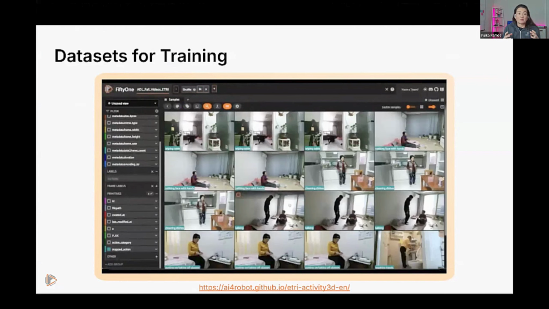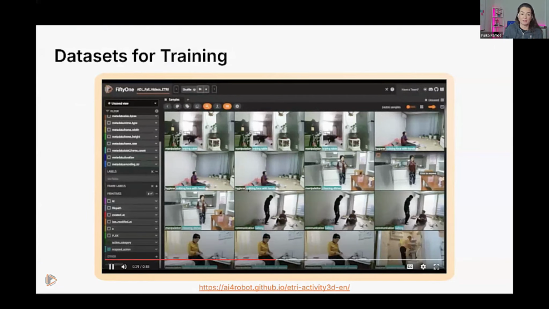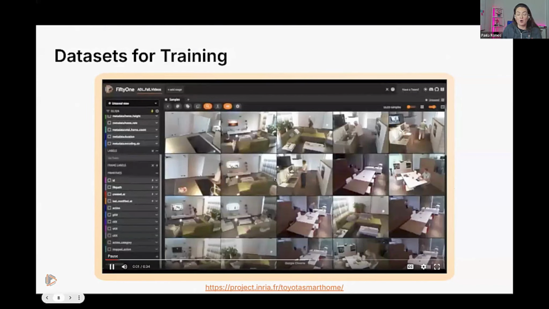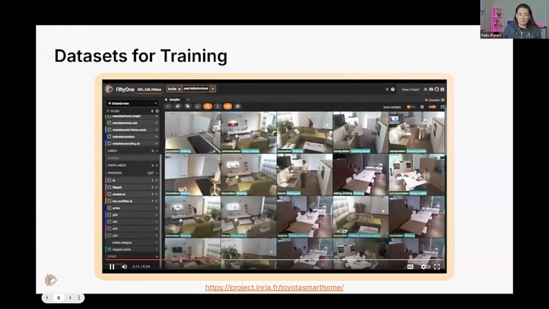You can include as metadata the category or the superclass. So you need to map all the classes that you have in the data set to the superclasses and categories. It is exactly the same for the Toyota Smart Home dataset, where you can see all the metadata, subjects, actions, and you can map these to the superclasses.